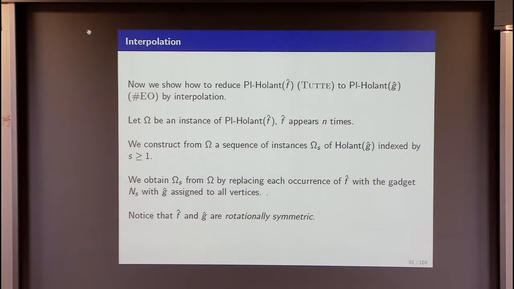What you do is design a sequence of gadgets. You replace the one you have by a sequence of things that you would like to reduce from. And once you do that, you might, impressionistically, believe me if you don't quite work out the details, that if this is 0, 0, 0, 1, 1, 0, 1, 1 coming out, and here's 0, 0, 0, 1, 1, 0, 1, 1 coming out,